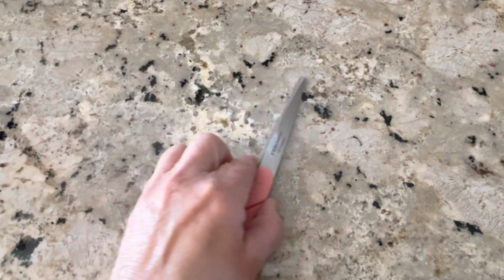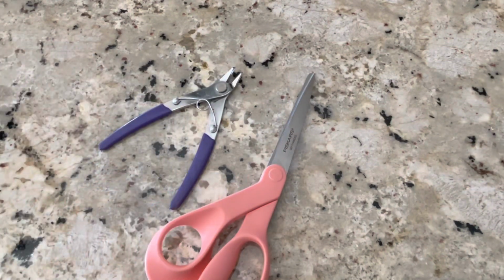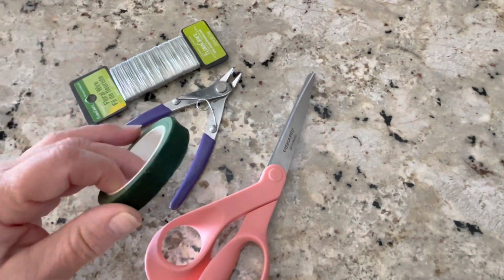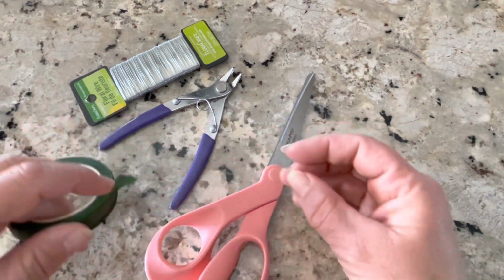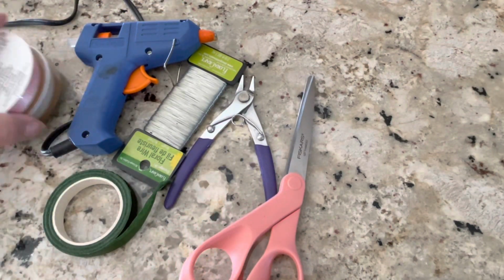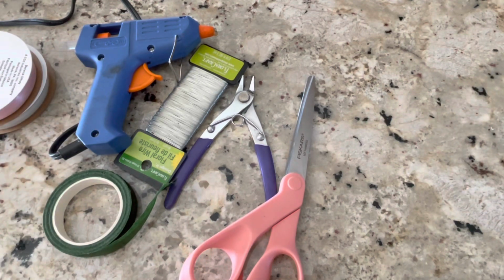First off, let's talk about what materials I'll be using. I have a pair of scissors. I also have some wire snips and some paddle wire. I have florist tape. It's stretchy. I don't know if you've used that before or not. It's stretchy to help hold it in place. I have a glue gun, and I have some ribbon, two types. I'm not sure which one I'm going to use. I have the wristlet